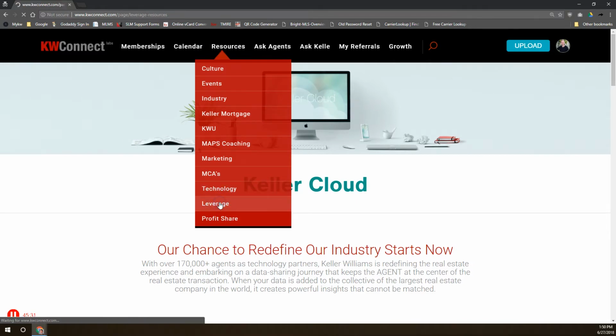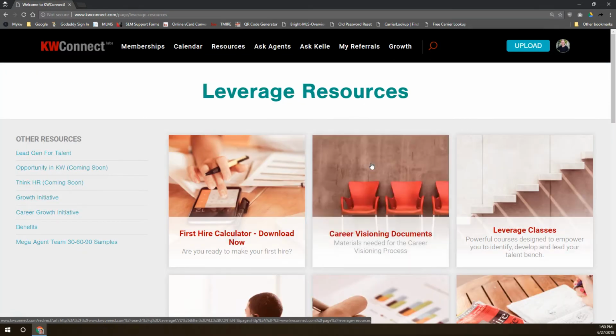Dropping down here to leverage. This is where leverage in KW essentially means hiring. Leverage means having other people do the work for you that you are not wanting to focus on. So you as an agent, you as a producer, you as a team leader, your number one goal, your big rock